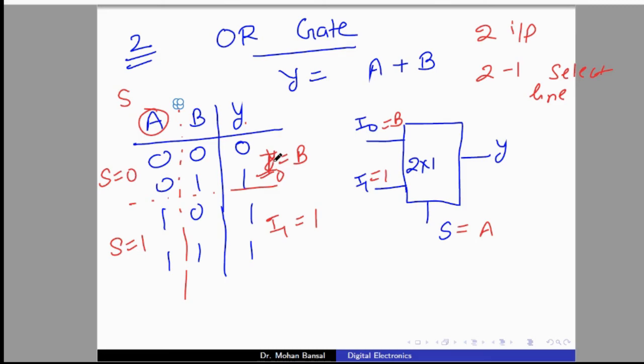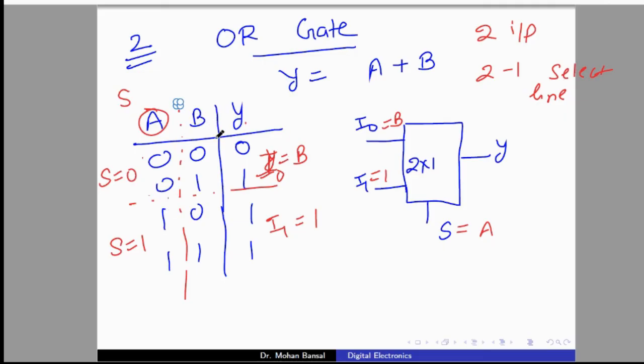I will repeat the entire thing. First we'll write the truth table, with input and output. Always select n minus 1 number of slack lines for n number of inputs in the expression. In this case, we have two variables in the expression, A and B, and we'll use n minus 1 slack line. It means one slack line, that is A. So this is the smallest multiplexer that we can use in this way. A is our slack line, and we'll draw the horizontal line for different values of A. One is the 0 0. So these two rows are for S equal to 0, and these two rows are for S equal to 1.